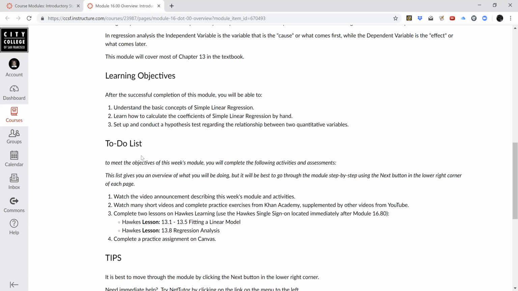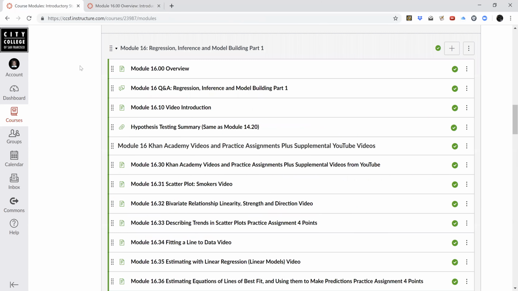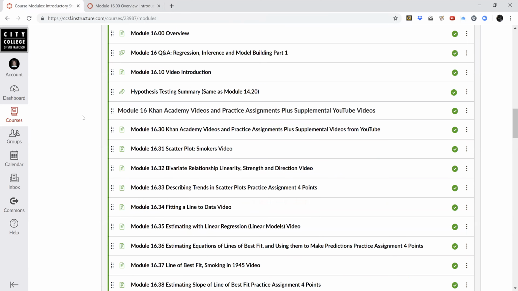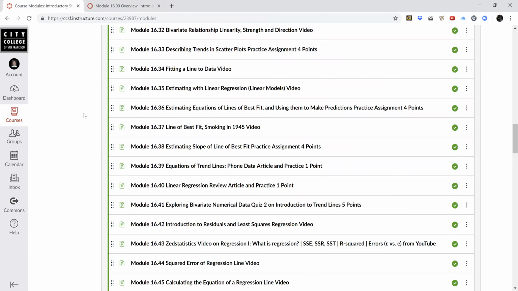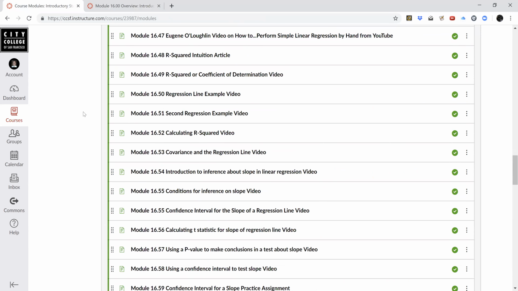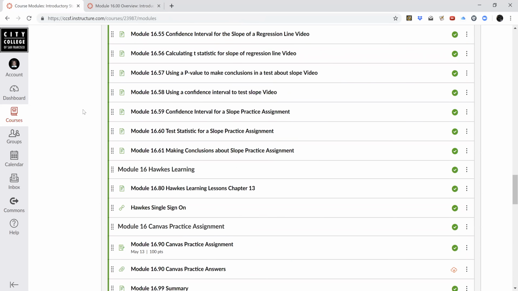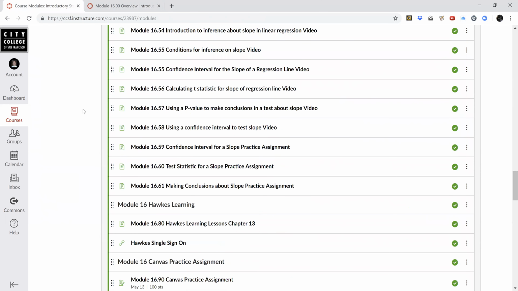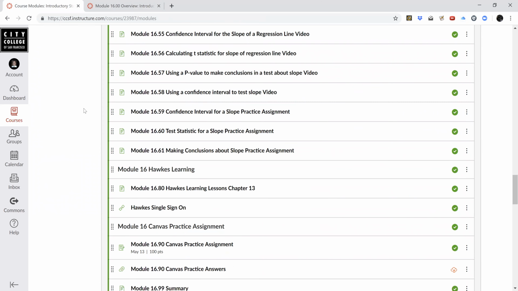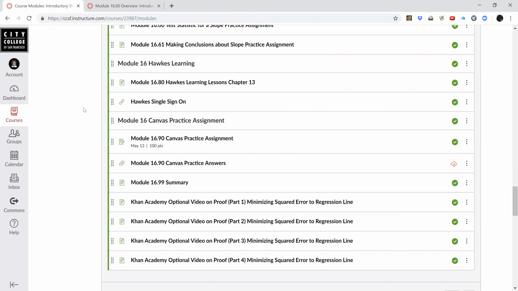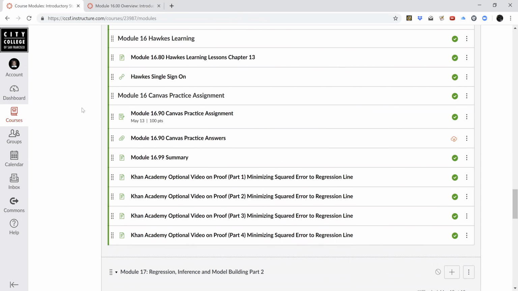We're going to do 2 lessons on Hawkes Learning and complete a practice assignment on Canvas. So this is what the module looks like. It's very familiar to you at this point, and you'll go through a number of Khan Academy videos. There aren't a lot of Khan Academy exercises in this one, but there are quite a few videos. And then 2 Hawkes Learning lessons, and then finally the Canvas practice assignment.